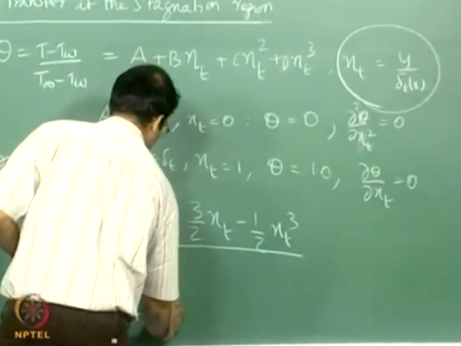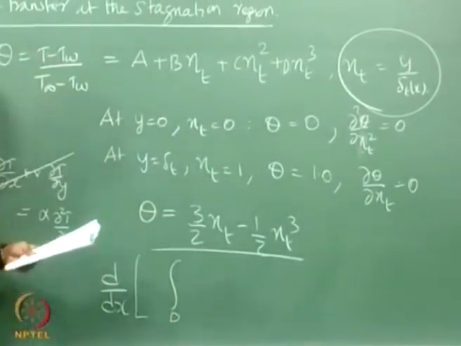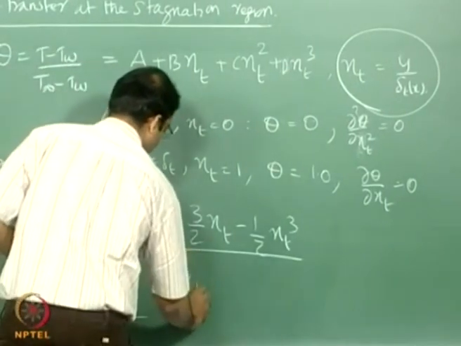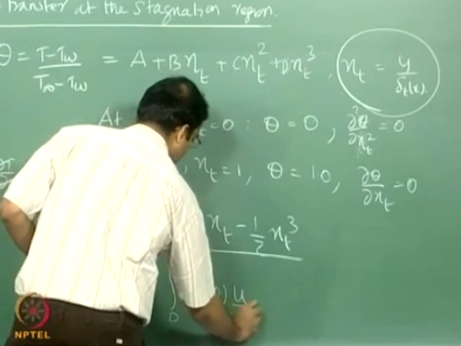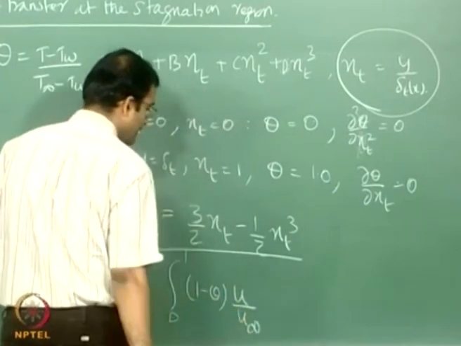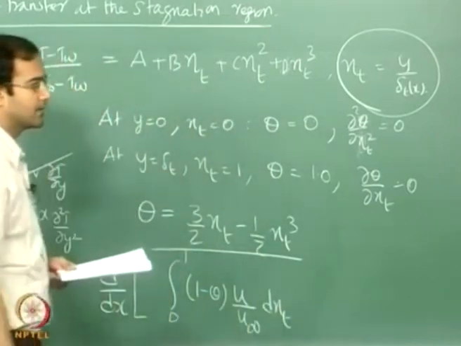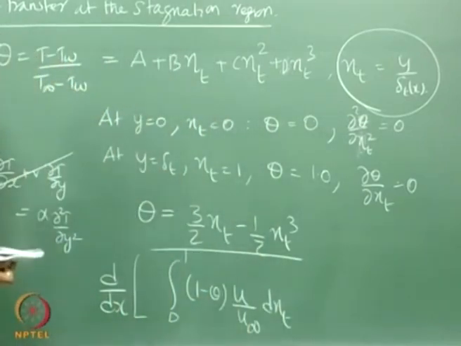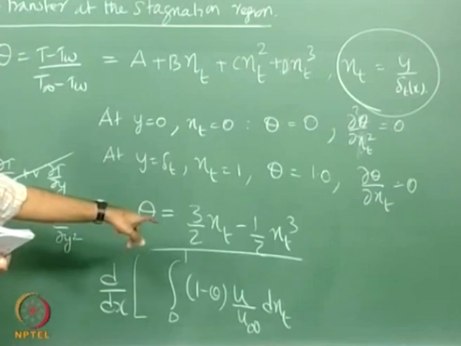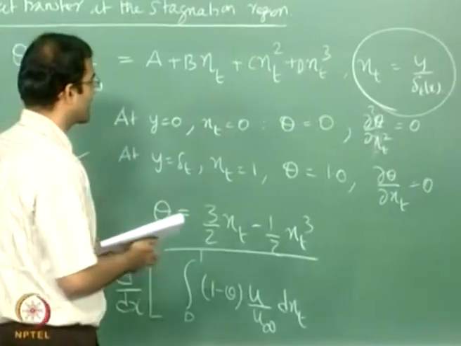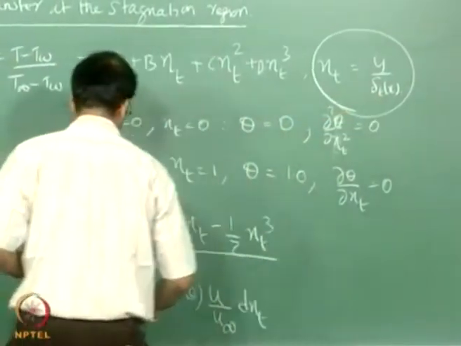Integral 0 to delta t. Now I am going to transform the variables from y to eta, so 0 to 1, 1 minus theta, u by u infinity, into d eta t. So you have basically dy there, dy by d eta into d eta by dy. Basically that delta t will come